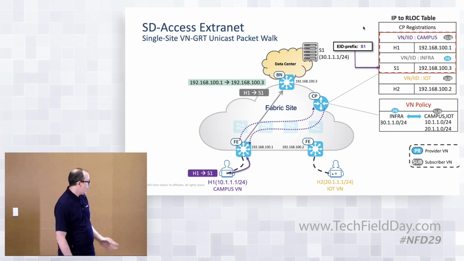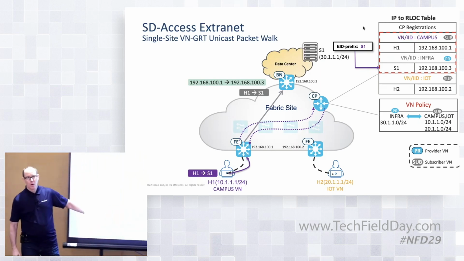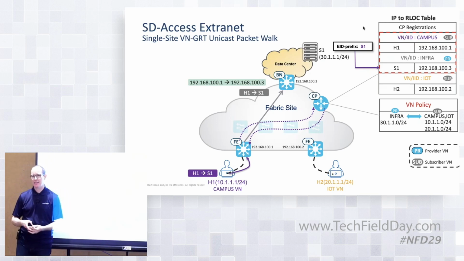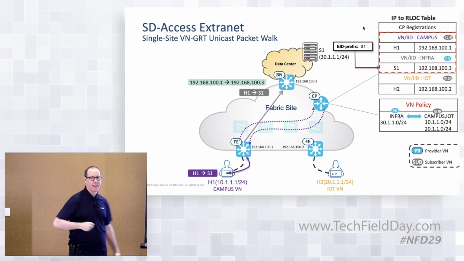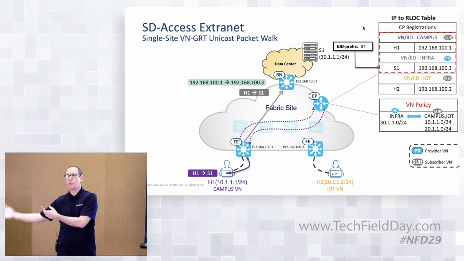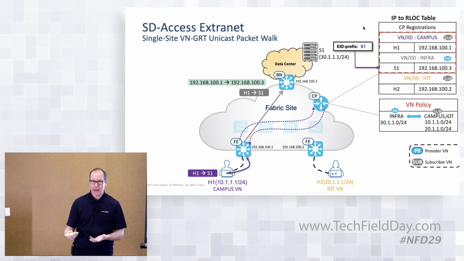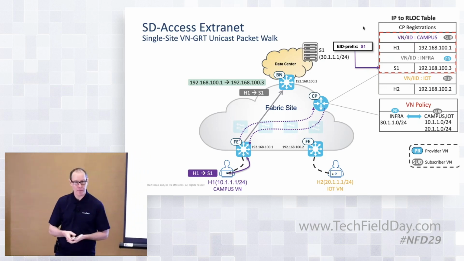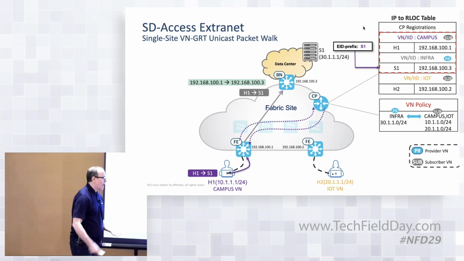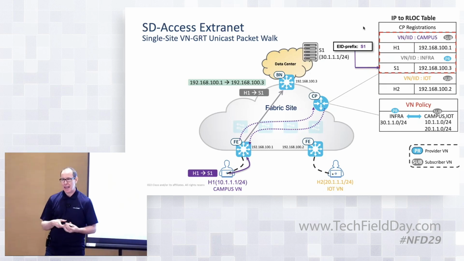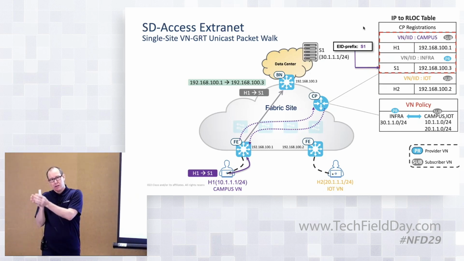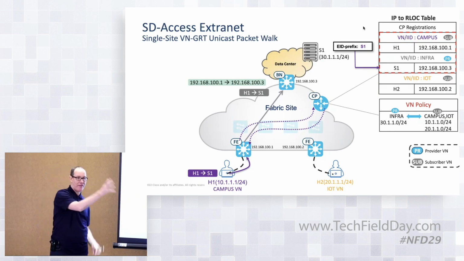The other thing is from a routing perspective, once I have done the relationship that says I'm going to have an infra VN, or slash global routing table, as my provider, and I'm going to have other VNs as my subscribers, I really no longer have to even do handoffs for the subscriber VNs. Because what's happening now is I'm making those subscriber VN subnets available to the infra VN, and if I advertise the infra VN to the outside world,